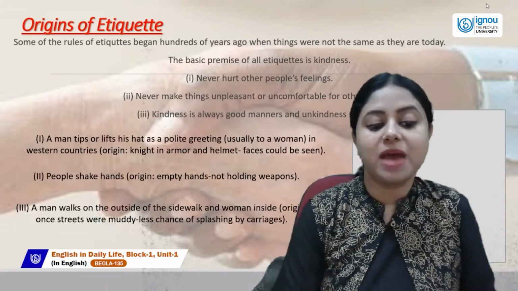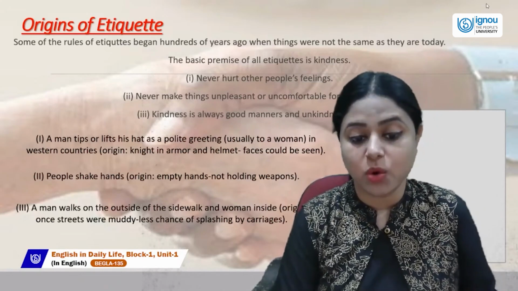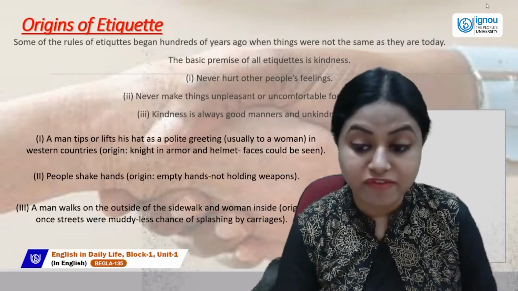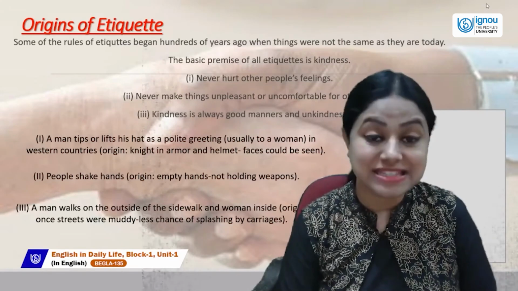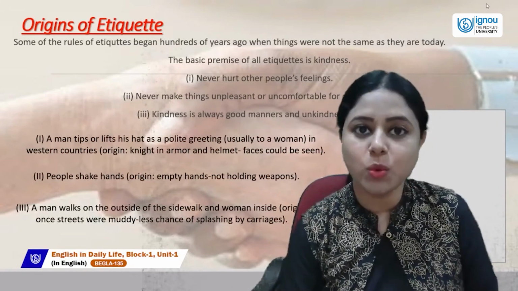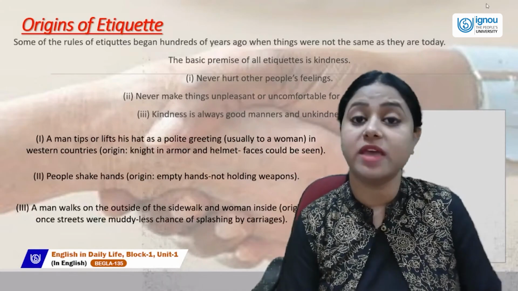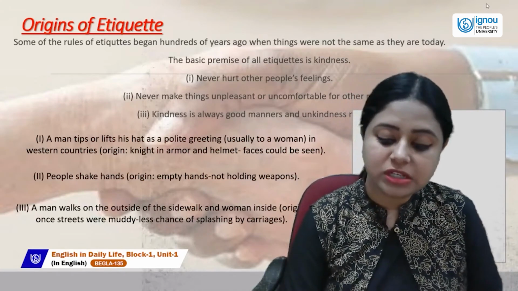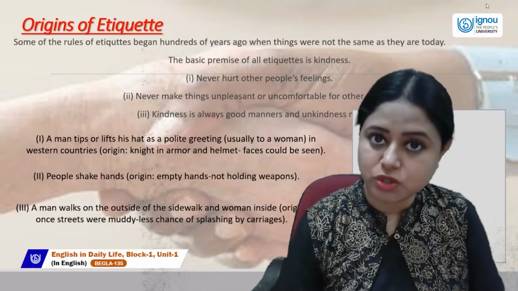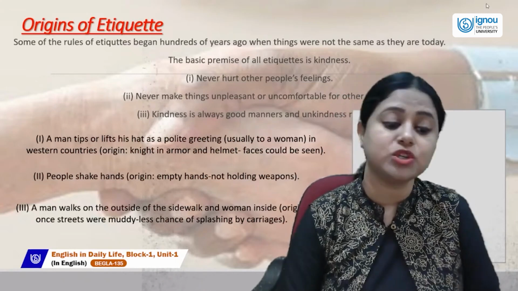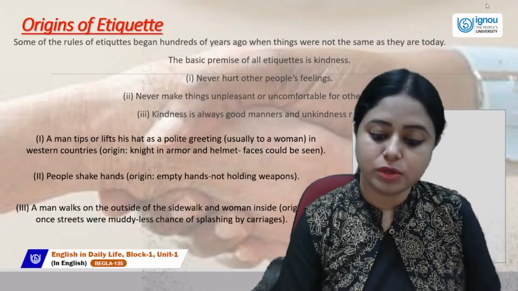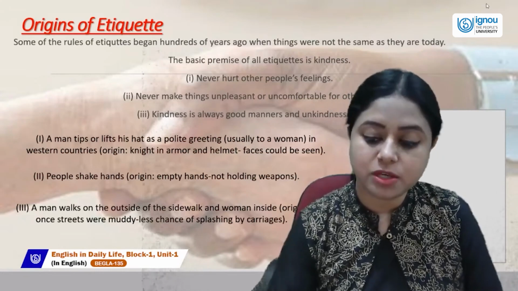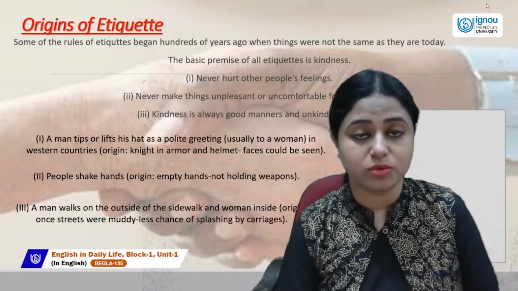Now, third is a man walks on the outside of the sidewalk and the woman inside. You must have seen, again, you have to refer to movies and such scenes where you'll see that the man would walk on the outside, on the sidewalk, and the woman inside. Why would that happen? So earlier, the mode of transportation was carriages. So if the women are walking on the other side, sometimes there were muddy roads, and the roads were not